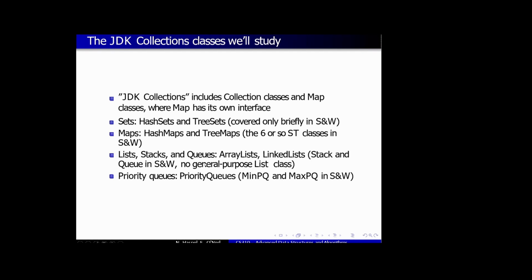They talk about how to make lists without making a list class at the beginning, and then they go to the specific stack and queue, but not the general purpose list. I'm not sure exactly why they do it that way. But anyway, we want to look at the general purpose lists that are available in the JDK. And then, of course, the priority queues. So I guess this is probably a good